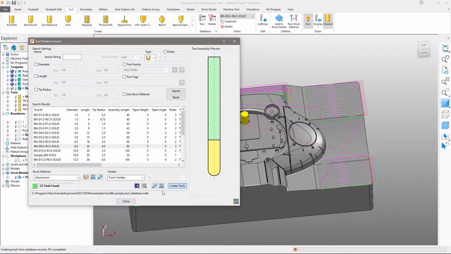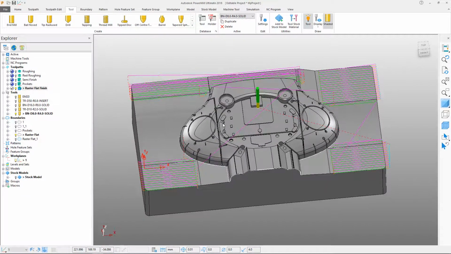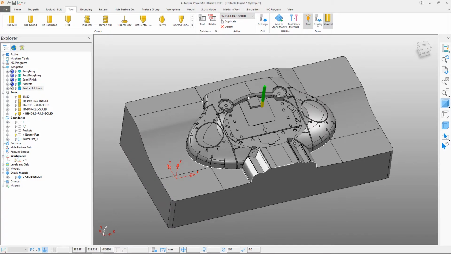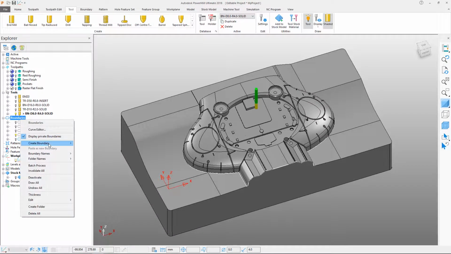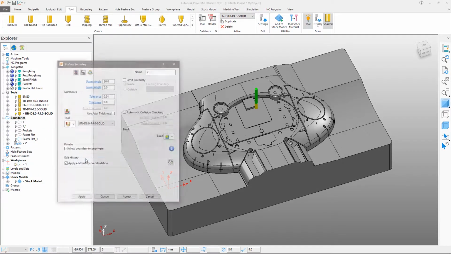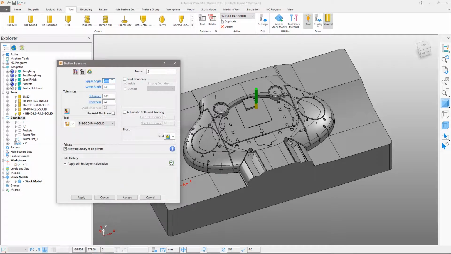Again, we will need a boundary. In some cases, you may want combinations of boundaries to machine the exact desired area. This time we will create a boundary from 2 shallow boundaries with different settings to avoid the areas that the flat finishing found. In the form, call it shallow and select an upper angle of 60 degrees and a lower